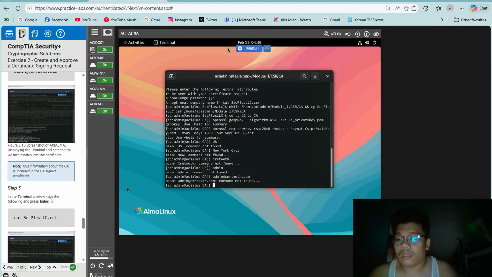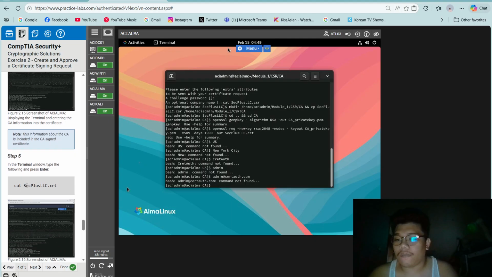Enter. So note, this information about the CA is included on the CA signed certificate.